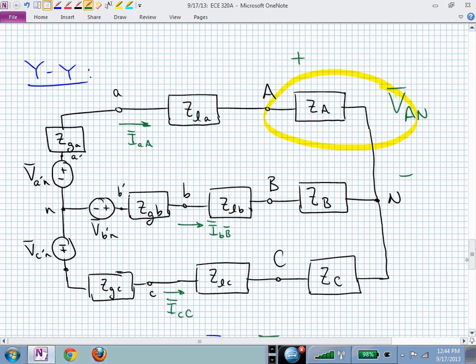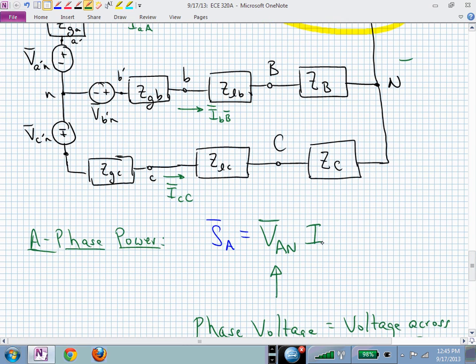We want to multiply that now by the current through that element, its complex conjugate. And that one's already labeled for us, isn't it, in the diagram? That's simply I sub AA. That's the current going through the A phase's transmission line. And so we might call that a line current. We now know that this is going to be I sub AA as a phasor conjugated,